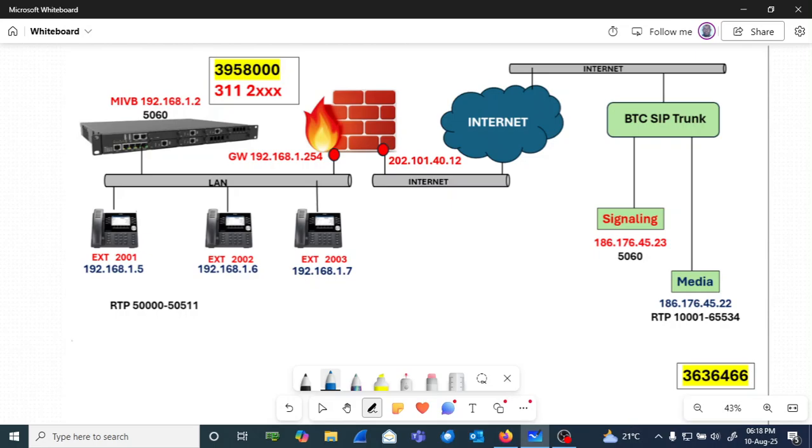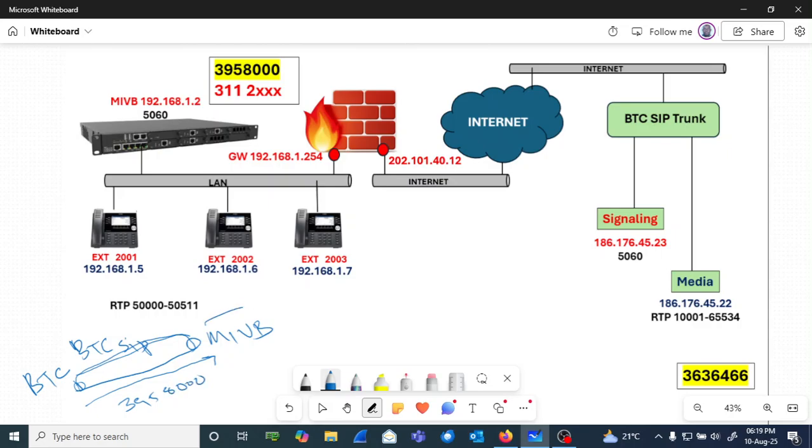So we've got a BTC SIP trunk here. Let's make it like a pipe. This side is BTC, this side is MIVB. So this is our SIP trunk. A call is going to come down onto this SIP trunk. It's looking for 395,800. When it gets to the My Voice business, remember this SIP trunk, we assigned it a trunk attribute number